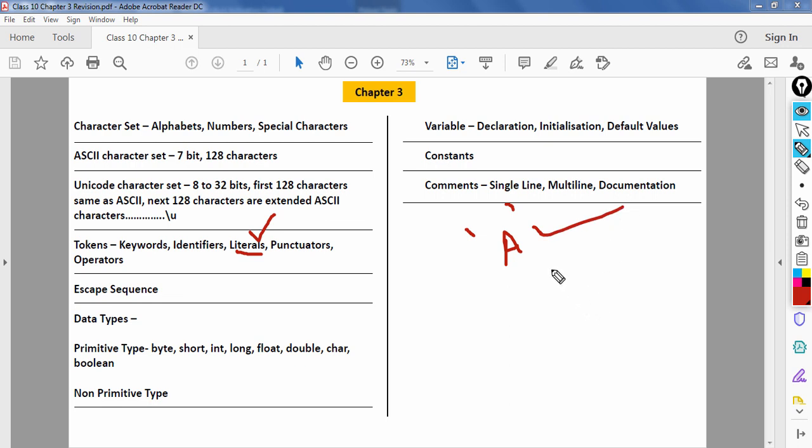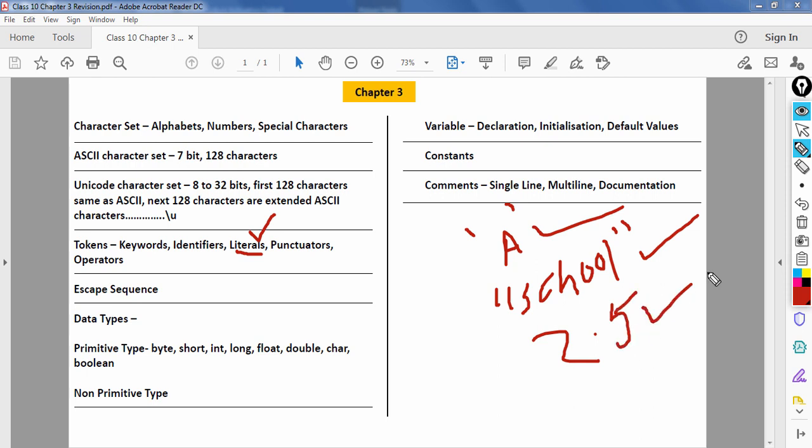If I write school within double quotes, this is a string literal. If I write 2.5, this is a floating point literal. If I write 51, this is a numeric or integer literal. So they are values that can be assigned to a particular variable.